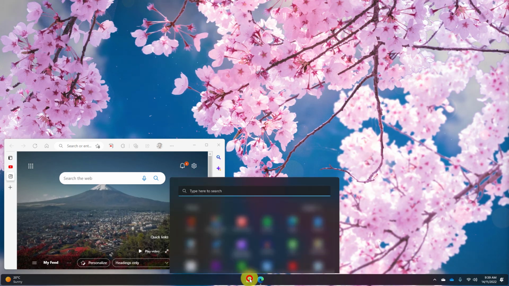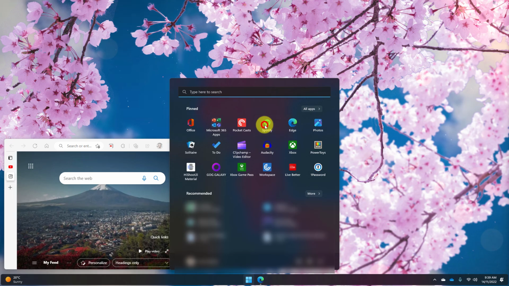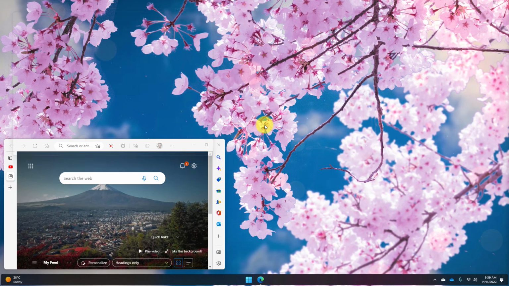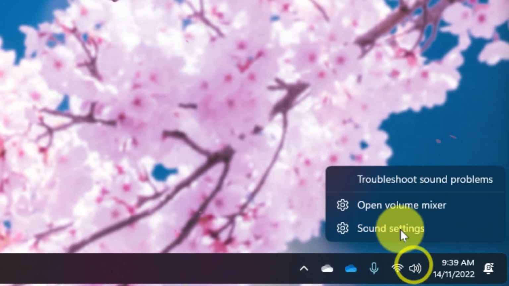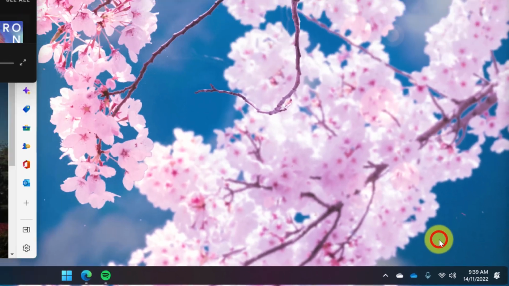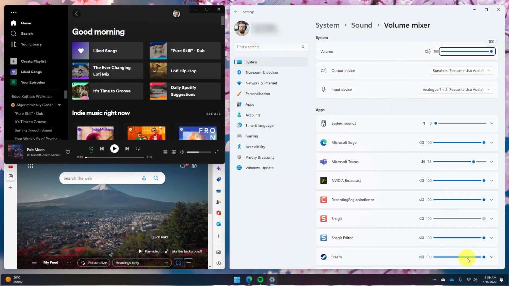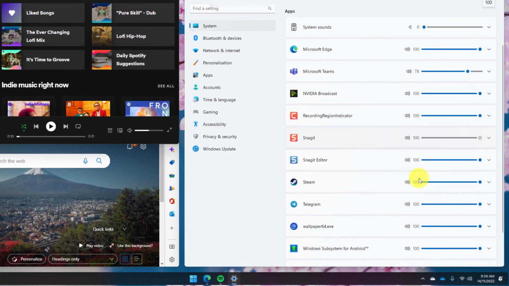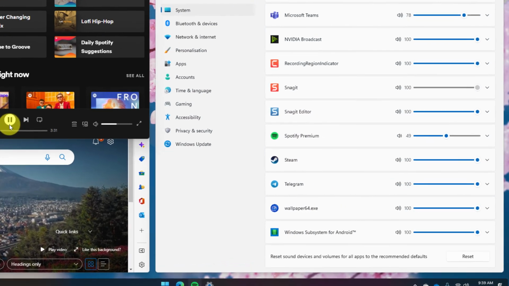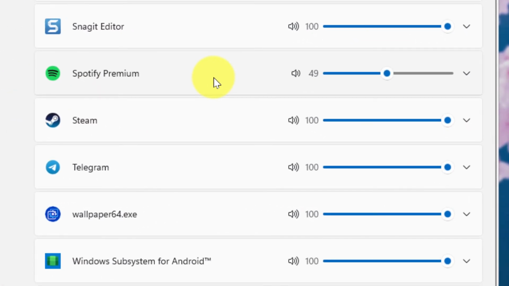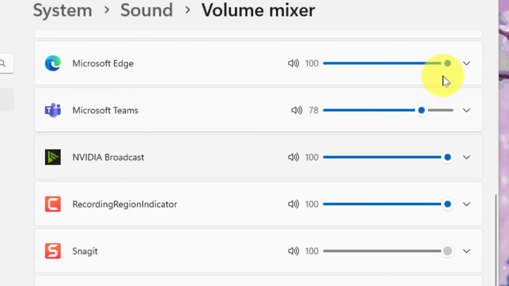It's worth noting that some applications will not show up in the advanced app options unless they are actively playing sound. So here I've reopened Spotify, but I haven't pressed play. I'm going to open up my volume mixer again, and what you'll notice is that Spotify is not in amongst the list of applications available to me to adjust. But then I can simply hit play on Spotify, and there it is. And it's also kept the same volume that I had manually set it to last time.